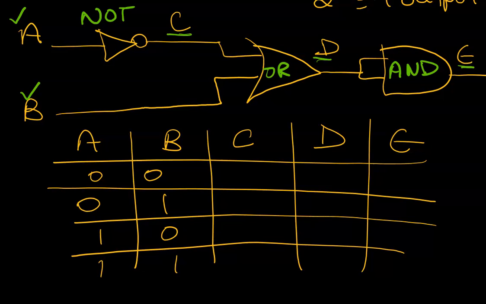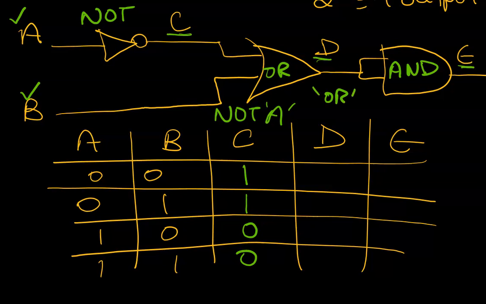So let's look at each input combination. I'm going to fill out the table. Firstly, C is NOT A. That is, all of my inputs of A are flipped. So if A is 0, C is 1. If A is 1, C is 0. Next, D is the OR